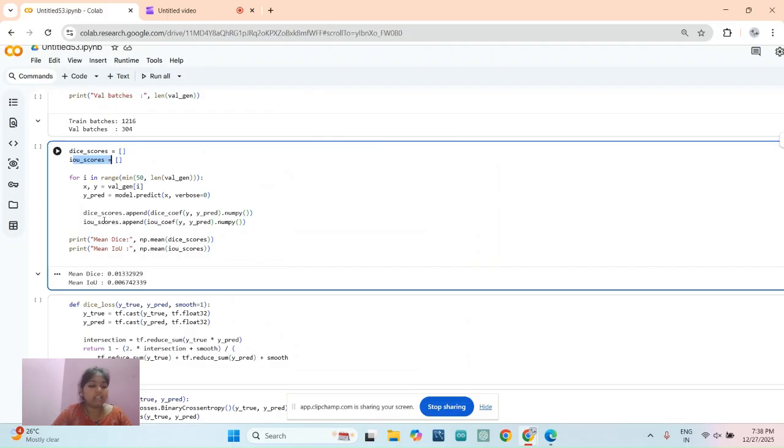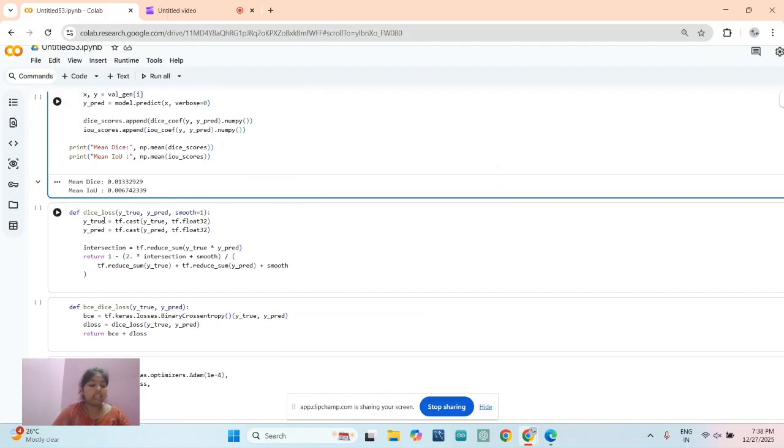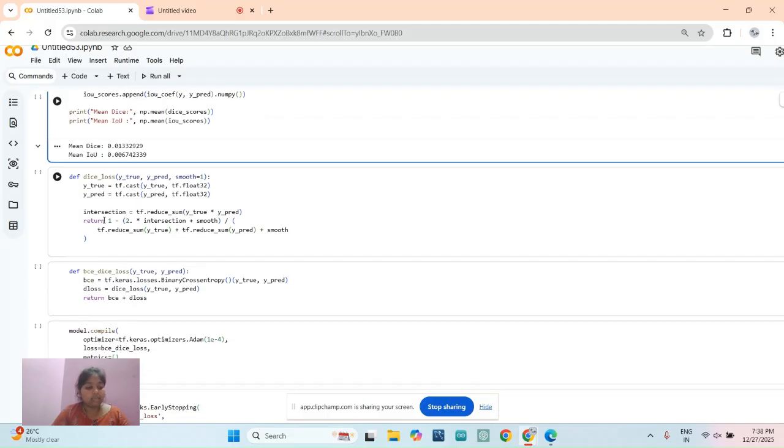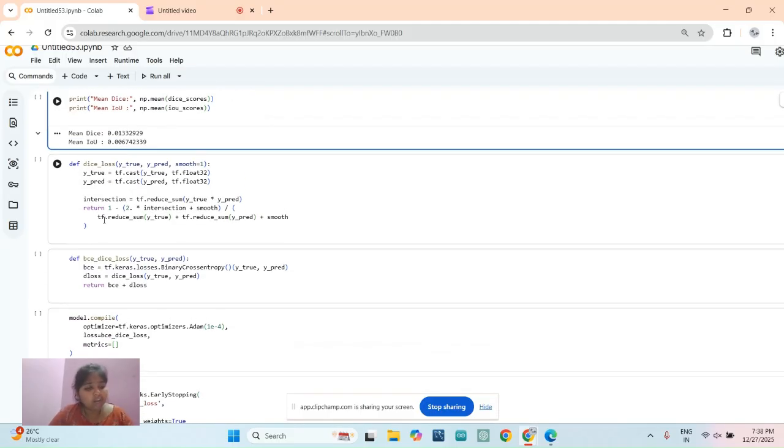First we load the CT images, and then we define the UNet model using convolution, max pooling and so on. Finally the trained model will give you the predicted mask. Next, coming to the output.